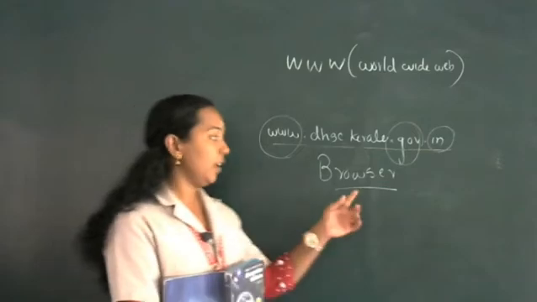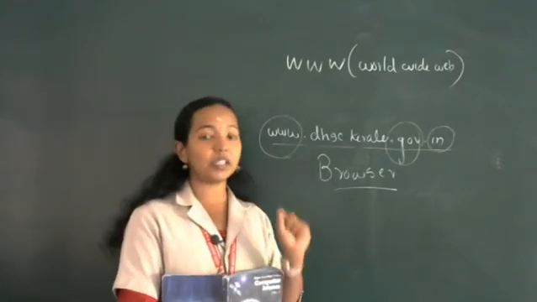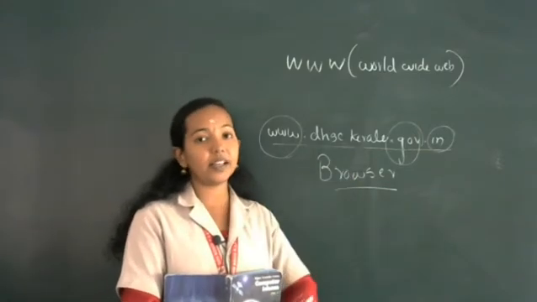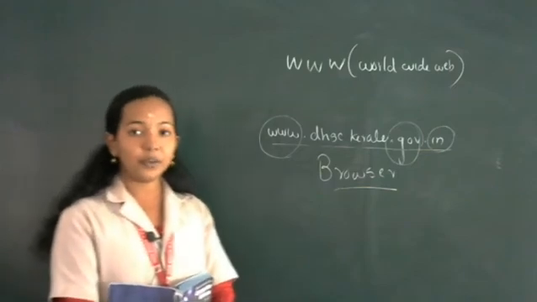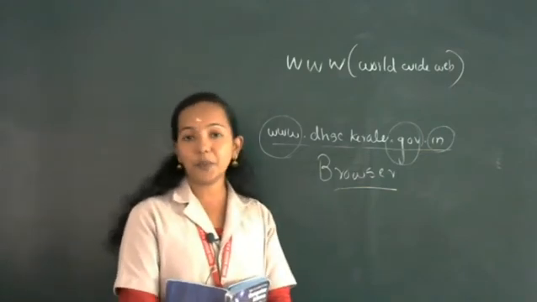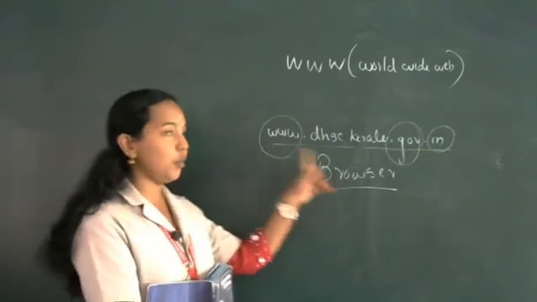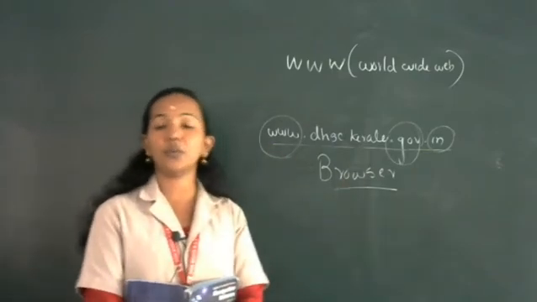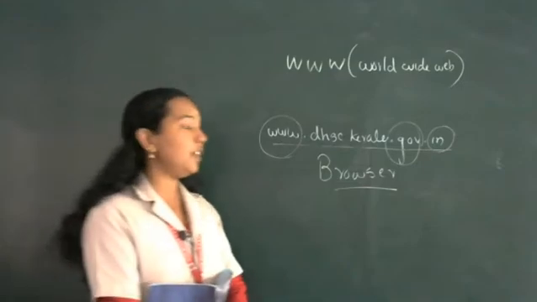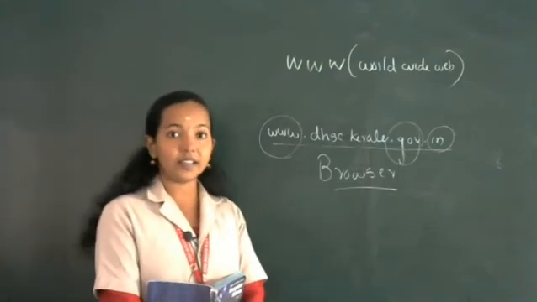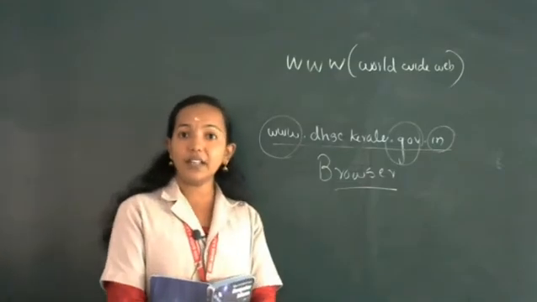For example, if Chrome is present, we double click on Google Chrome, then we will get the Google web page, the main page. In that page there will be one box that is known as the search box. We can type the URL or the text that we know, whatever it is, and when we click on the go button, the browser will navigate.